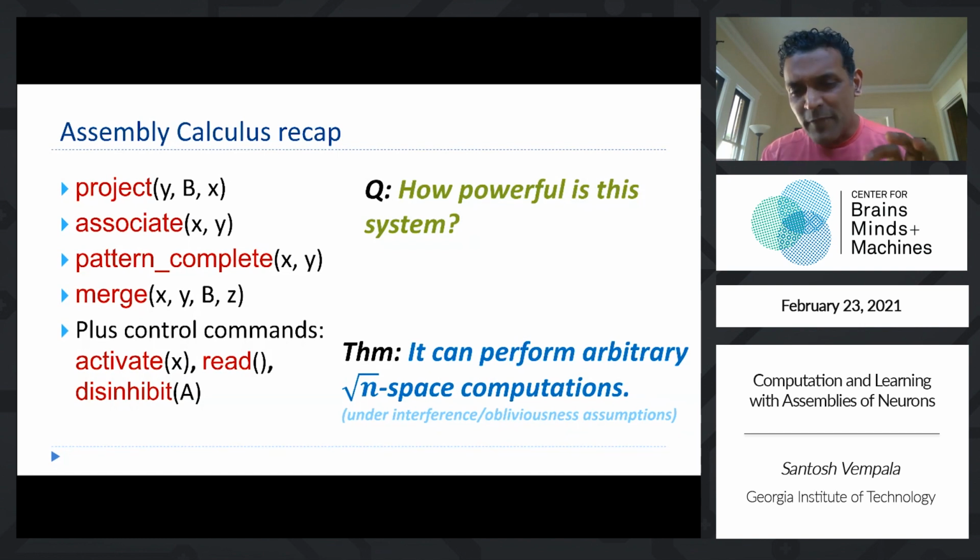Okay, we have to make some assumptions about interference and obliviousness, yeah, sure, but nevertheless, this is already enough for simulating powerful computations, actually, with some loss in the space usage. Okay, we're not trying to say at all that Turing machine type of computation is what happens in the brain. It's just a pointer that we're not limiting ourselves severely by sticking to these neuroplausible or motivated